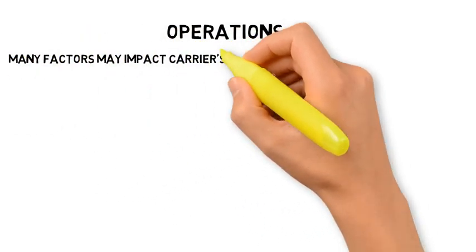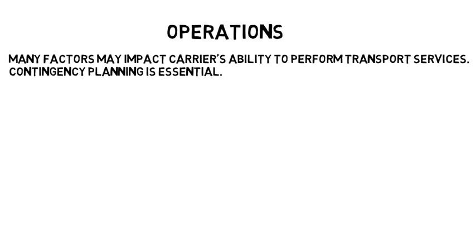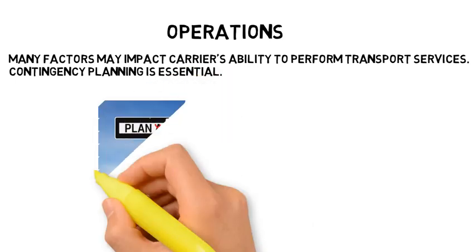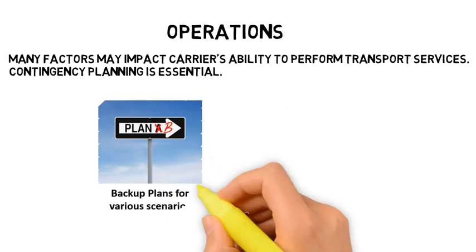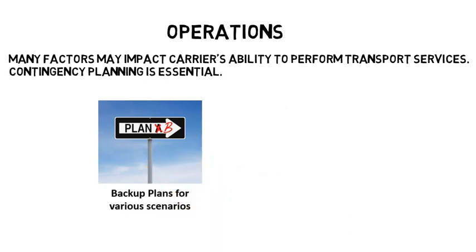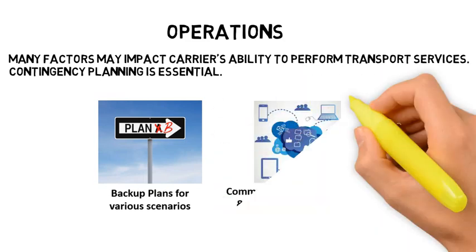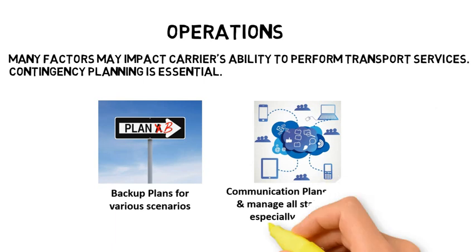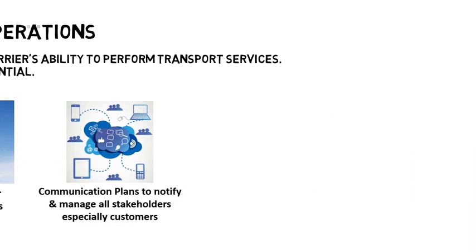As discussed previously, many external factors can impact a carrier's ability to perform transport services. As such, contingency planning is essential. Depending on the country or region the carrier is operating in, it may be necessary to have detailed backup plans for various scenarios, such as strikes, typhoons, earthquakes, riots, volcanic eruptions, etc. These backup plans must be accompanied by communication plans to notify and manage all stakeholders, including customers, staff, and even